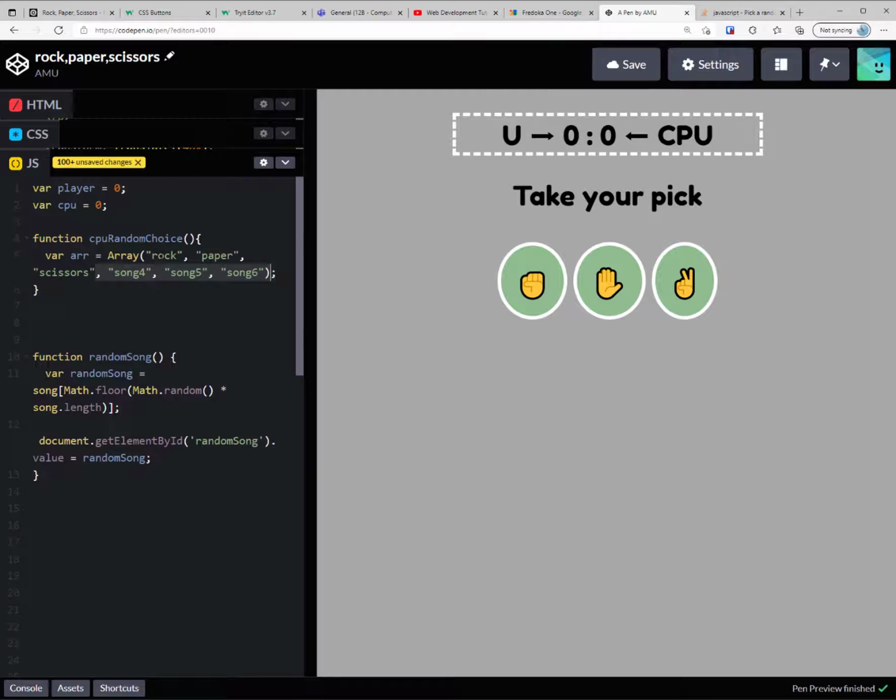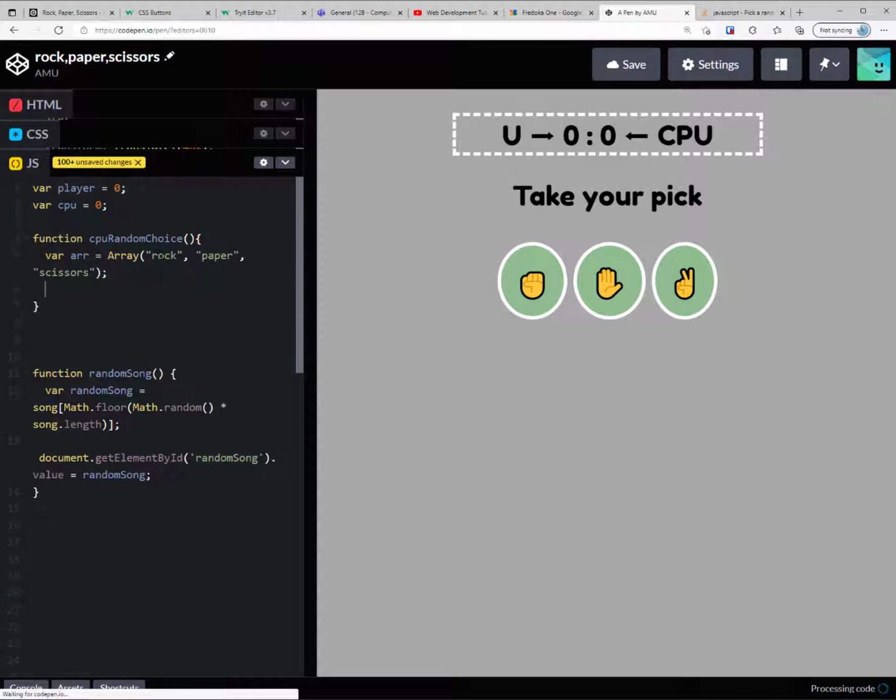And let's get rid of the rest. Cool. So when that is called, we want it to make a random selection for us. So let's say CPU choice. CPU choice, that's got to be a variable like that. So CPU choice equals,